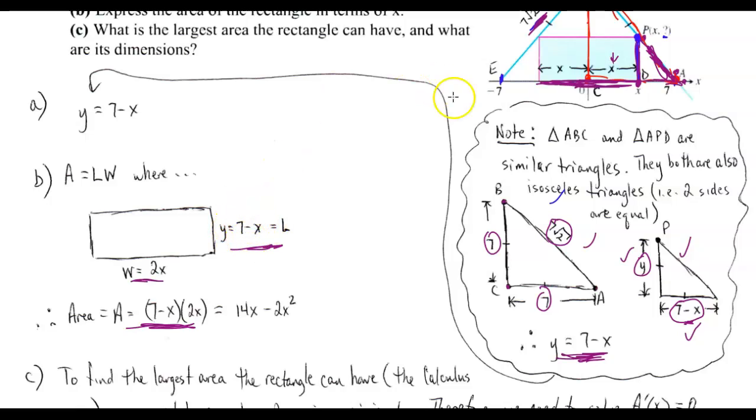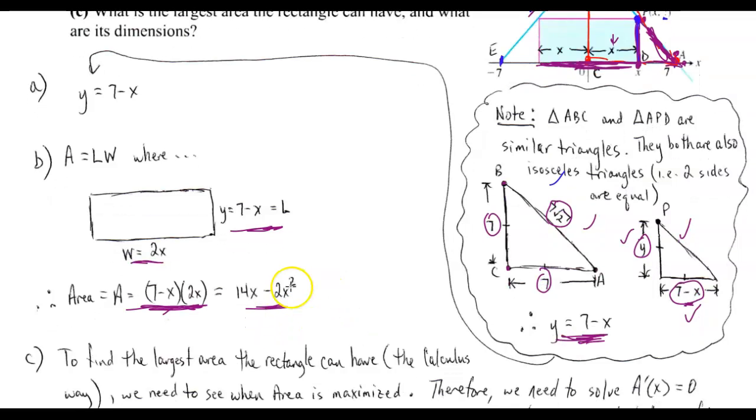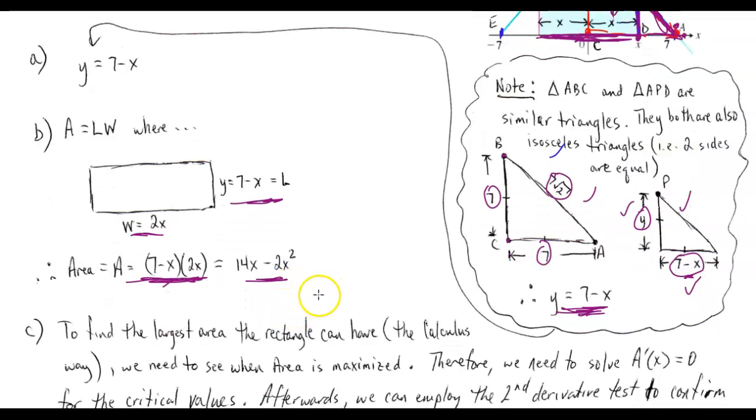The length of it, which really is like the height in this case, is just 7 minus x. So we have the situation here. We multiply, and again we have our quadratic function or parabola that opens down. So we're expecting this to be a local max, and we're going to use either the first or second derivative